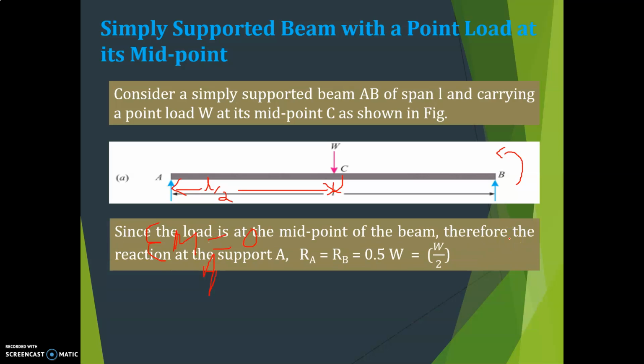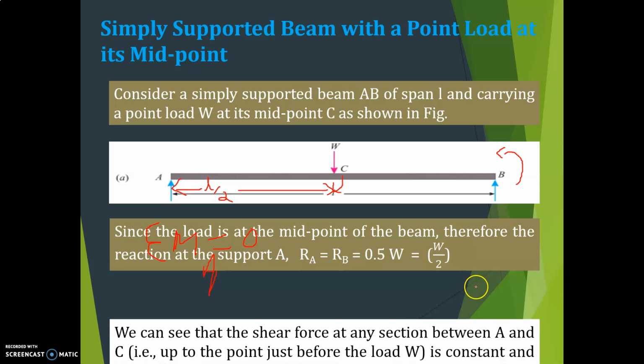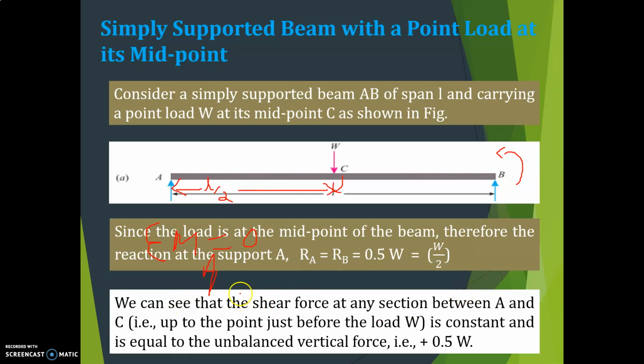Let us first find the shear force. Since the load is at the midpoint of the beam, the reaction at support A is equal to W divided by 2. Now we can see that the shear force at any section between A and C, that is up to the point just before the load W, is constant and is equal to the unbalanced vertical force, that is W by 2. How it is explained: